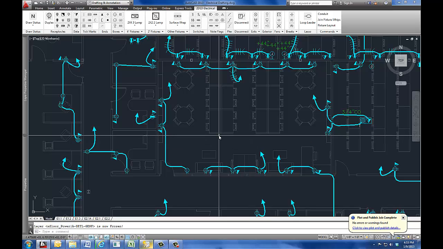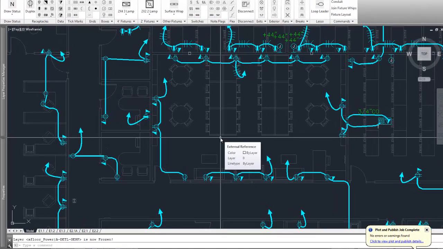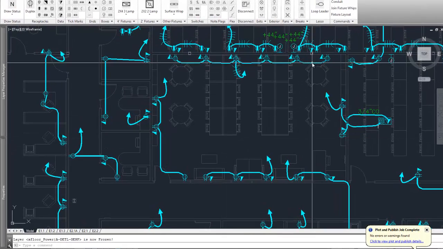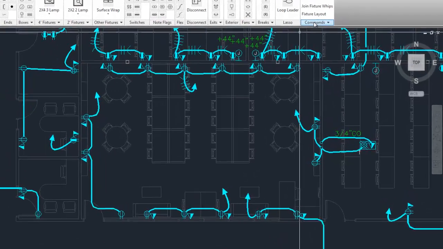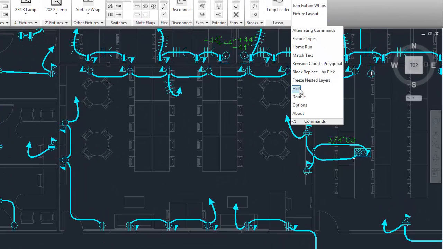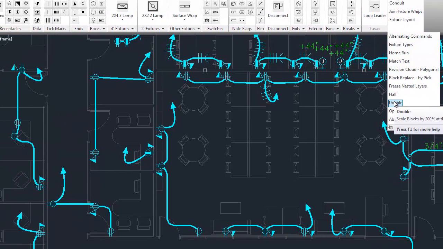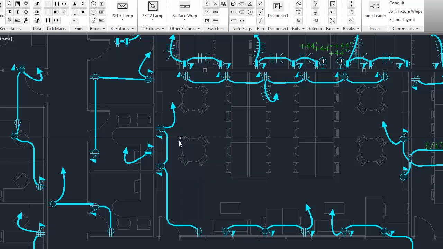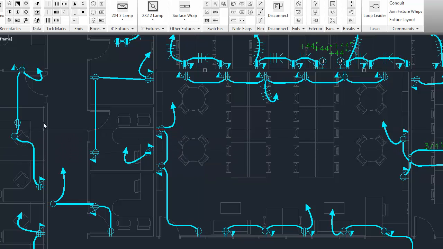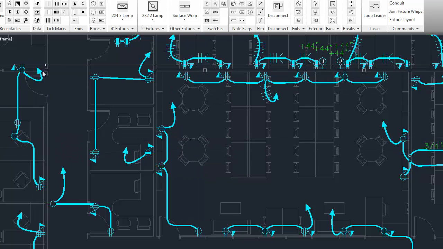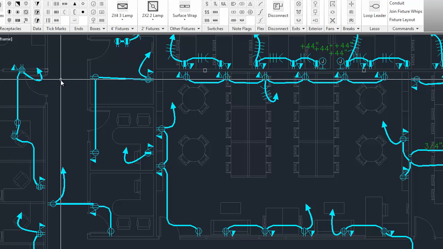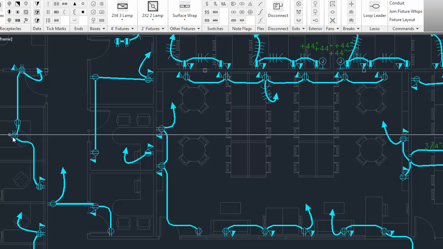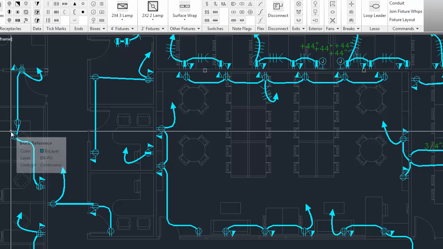coming together very quickly. This video is covering Half and Double on the Commands pane of the ribbon, right there and there. What I have here on the screen is a preliminary drawing. You can see that all the home runs are drawn and everything, but none of the callouts are there to the panel schedule. And you can also see that, like right there, some of the walls have moved, and